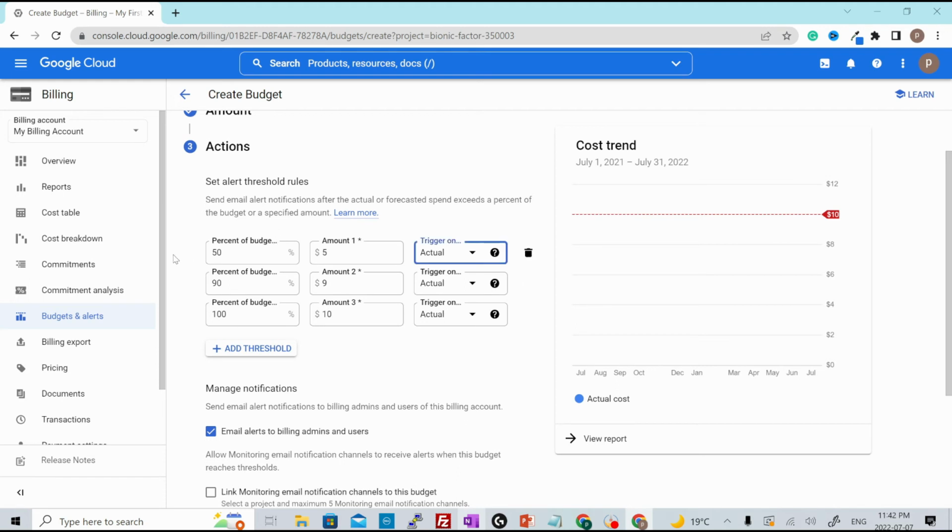So the first notification will be triggered when it reaches 50% of the budget utilization, which is $5, and it will trigger on the actual cost, not on the forecasted cost. You can choose between those. The second notification will be triggered when the threshold passes 90%, which is $9, and the third notification will be triggered at 100%. You can customize these values as well, or you can add a new threshold value from here,